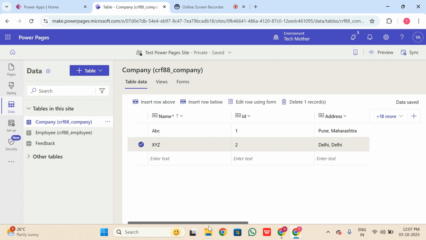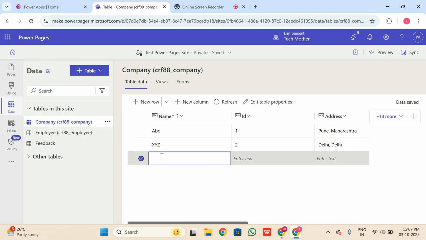I will add one more record. PQR, and ID is 3. I will enter the address as Mumbai, Maharashtra.